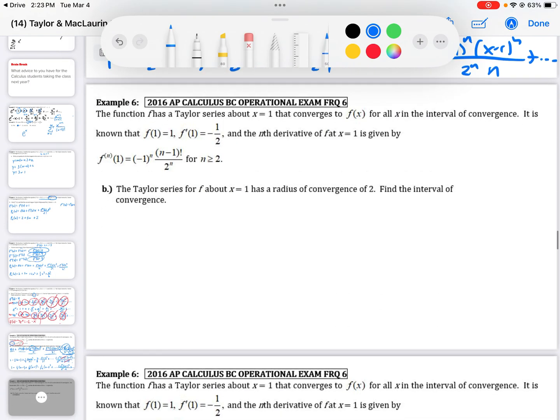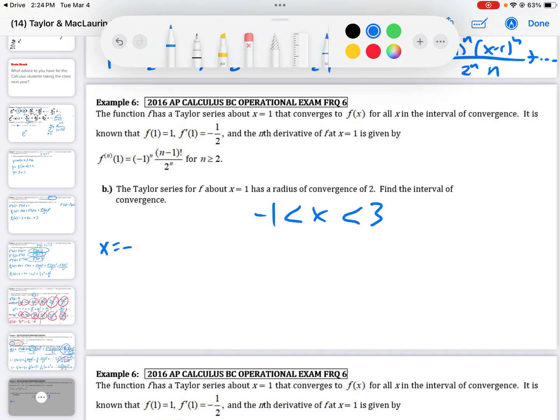All right, part B, the Taylor series for f about x equals 1 has a radius of convergence of 2. Find the interval of convergence. Okay, so if the center is at 1 and the radius is 2, I'm going to add 2 to 1 to get 3, subtract 2 from 1 to get negative 1. But now I need to check, does it converge at negative 1 and does it converge at 3? So if I set x equal to negative 1,